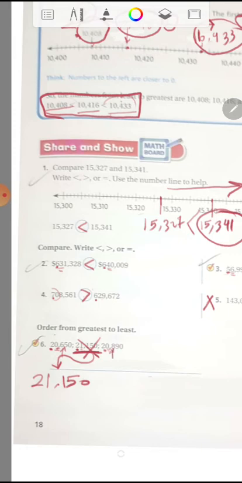Which one is the greatest? Look, this one is 6 and this one is 8. So 8 is greater than 6. So that means this one is greater than this one. So I will put 20,890, then I will erase it. Then this is the least number,